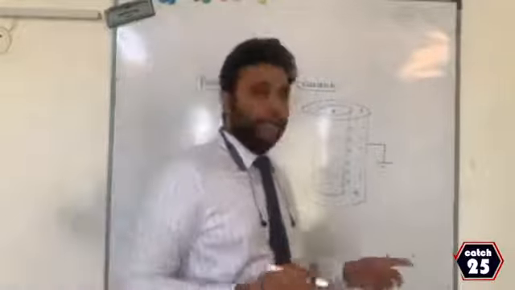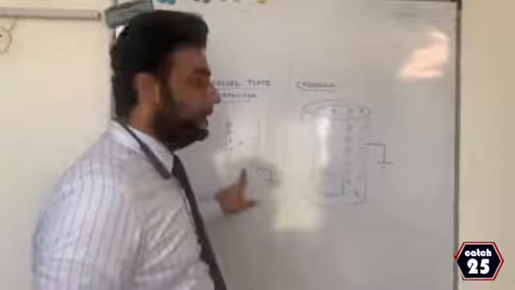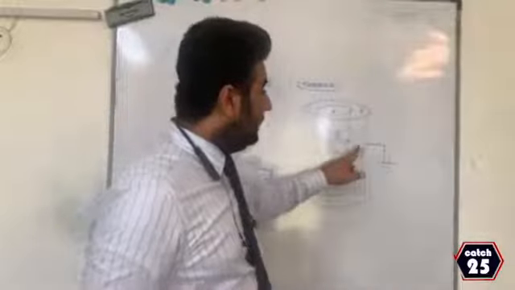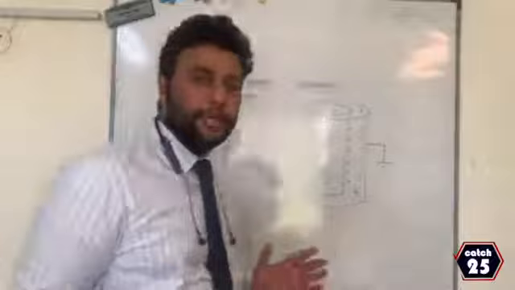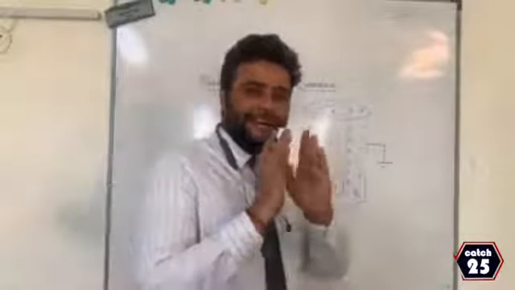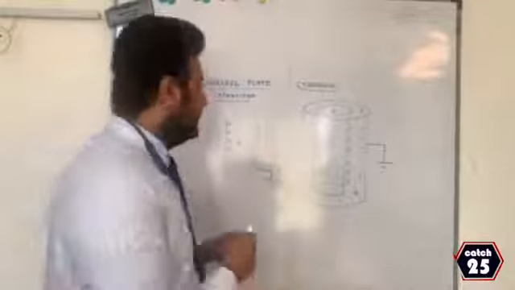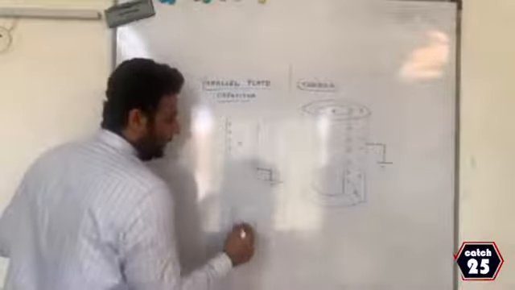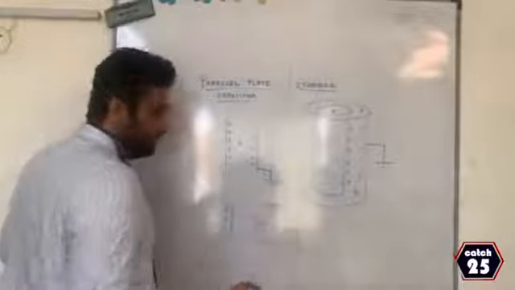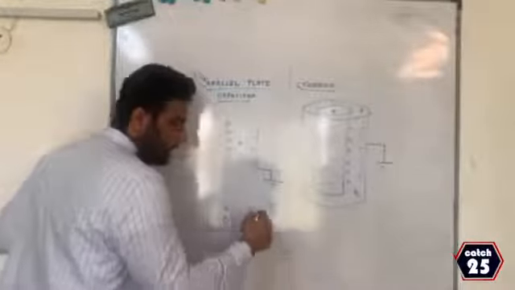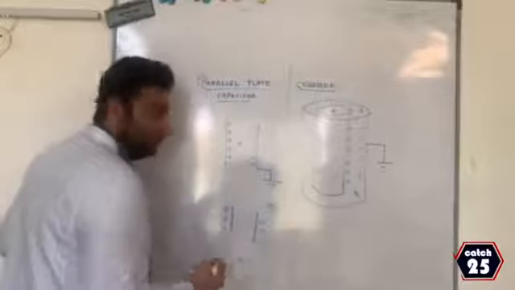If you notice one thing in both, see, I have not put anything between positive and negative. Here also I have not put anything between positive and negative, because according to the definition of a capacitor, between positive and negative plates, or between positive and negative charge, nothing should come. For example, if I draw a parallel plate capacitor like this, it is wrong, because between positive and negative I got something this way. Therefore, this is wrong.